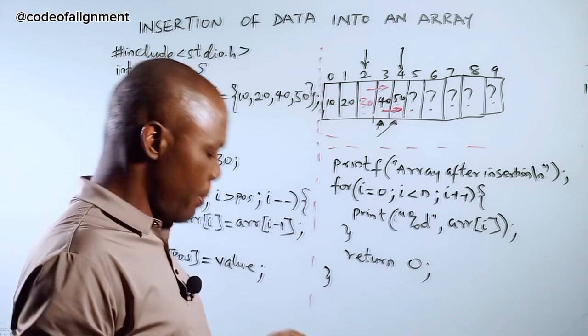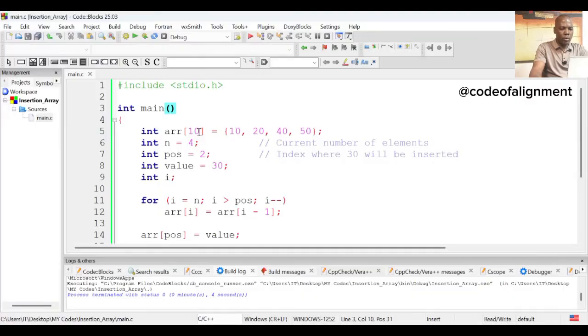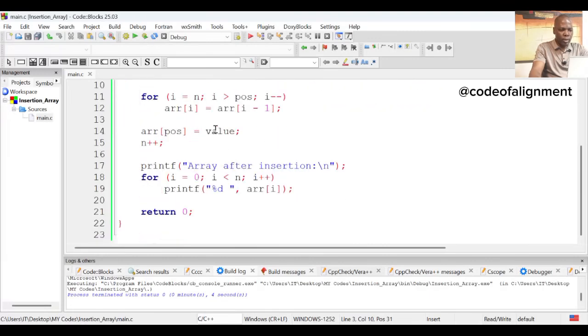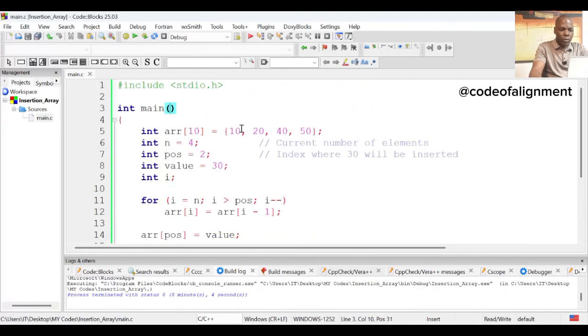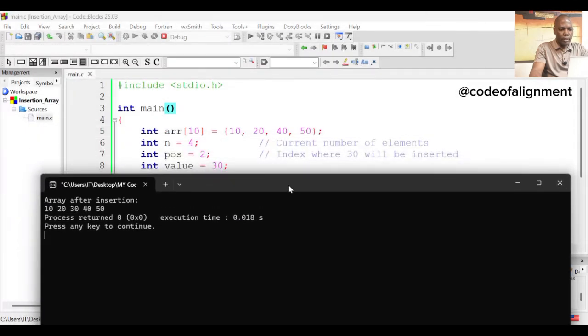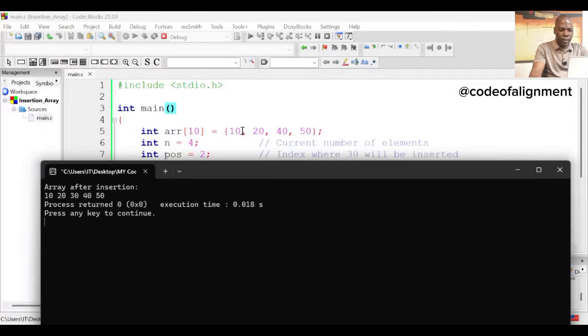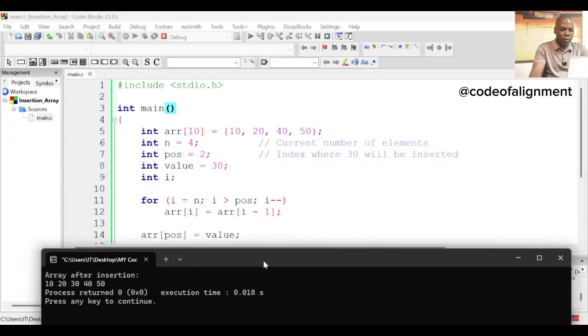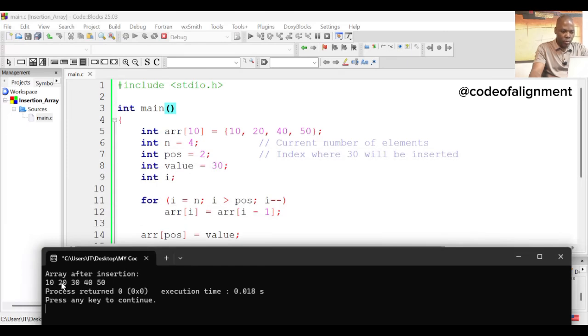Let's go to code blocks. So this is our code blocks. This is the script, just as I demonstrated on the board for you to see. So all I want to do now is just to execute this script for you to see how it's going to work. So I'm going to execute it. So you see, this is it. Now, this is the array, 10, 20, 40, 50. That is before insertion. Now, after the whole process of insertion, what will be printed out on the screen will be array after insertion,